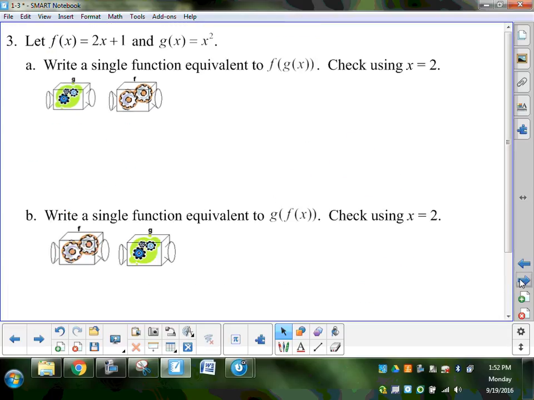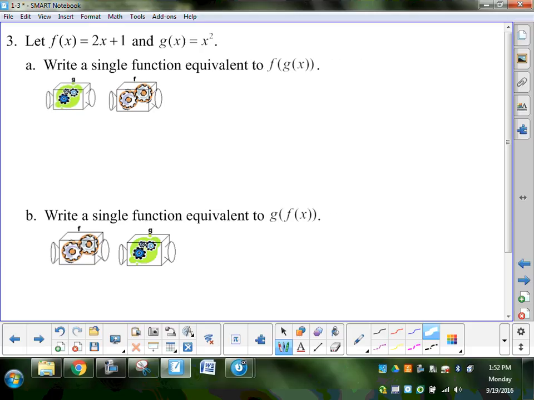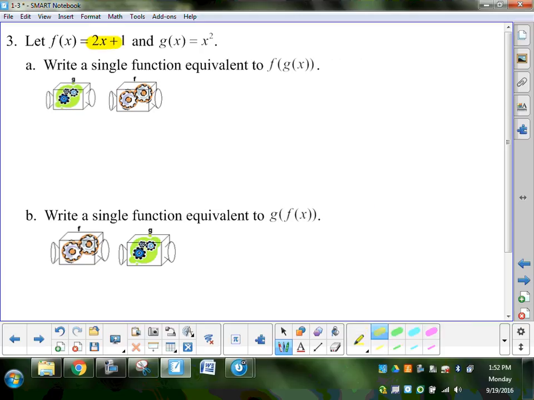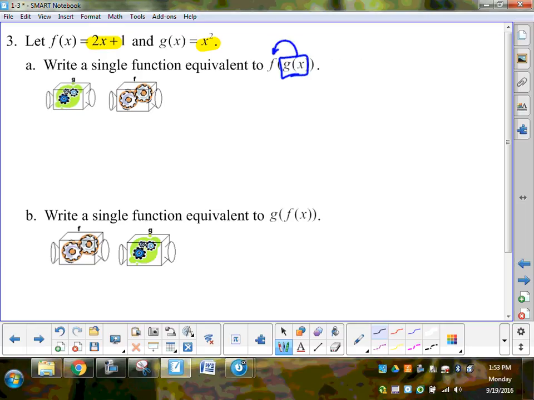All right, let's bounce over. Now, these are just a little bit different. We're going to avoid this piece here where it says check using a number value. We need to go through, and now you're working with an expression. Here's my f of x, and here's my g of x. Same f of x, same g of x. So when I'm doing this, I'm going to take one function and insert it into the other. When I start, here's the inside function that gets put in all the input spots on the outside function. There's not a number this time, so our answer is going to be an